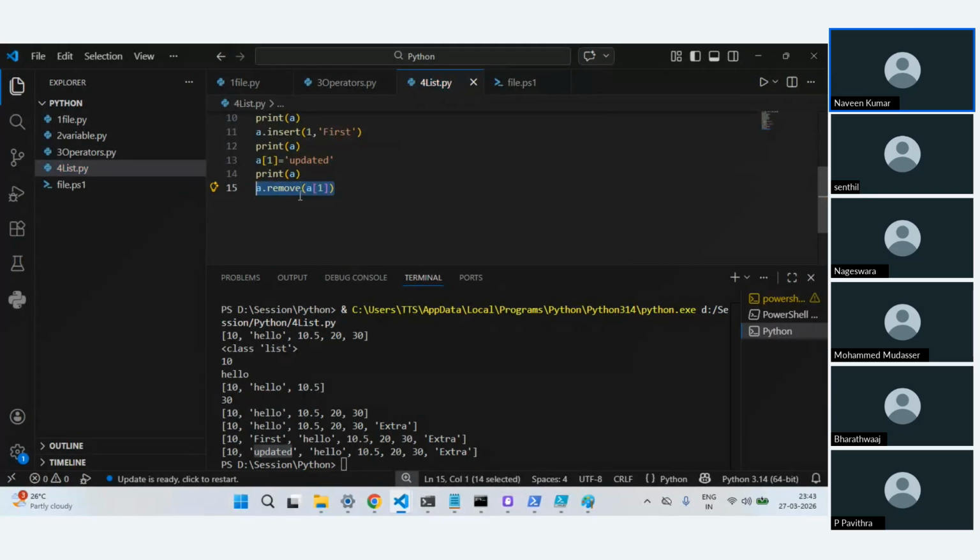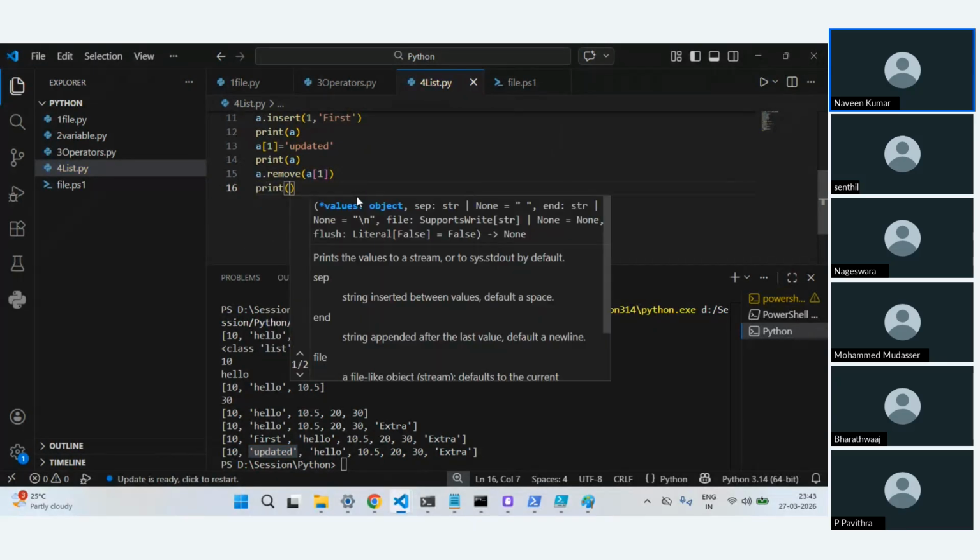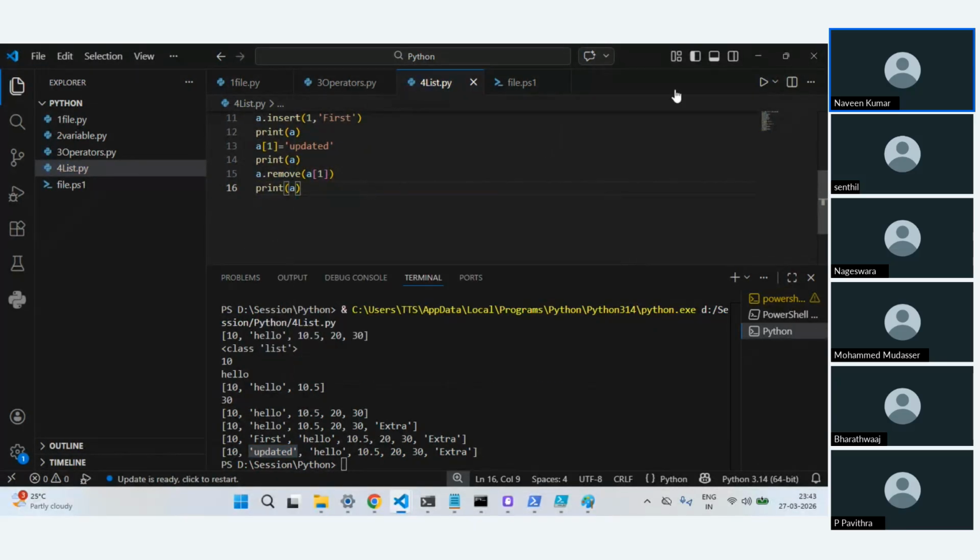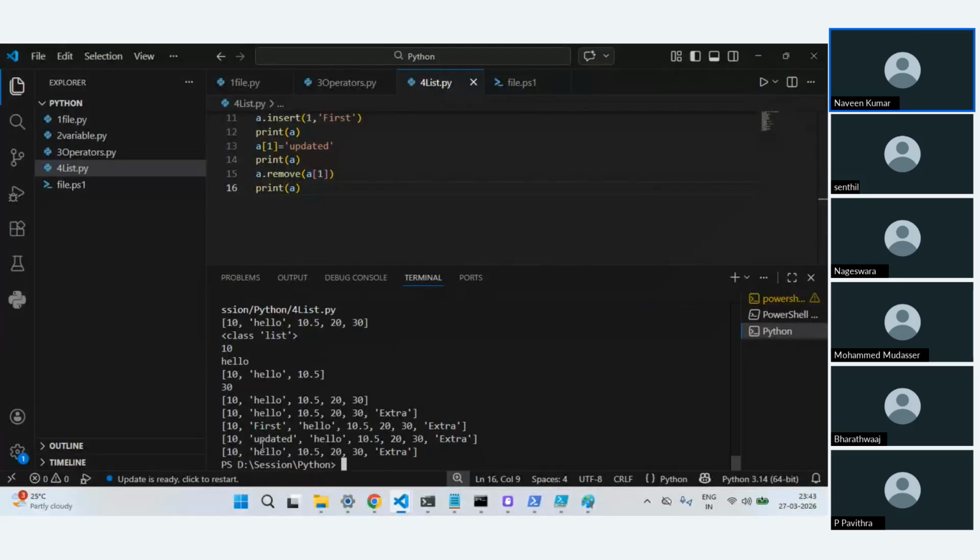Index number 1, not the first as in this, which is of index 0. I want to remove this one, which got updated. And then if I do a print of A, now let's run it. Now if you see that got removed in the last output. These are different functions which you can use on top of your list data.